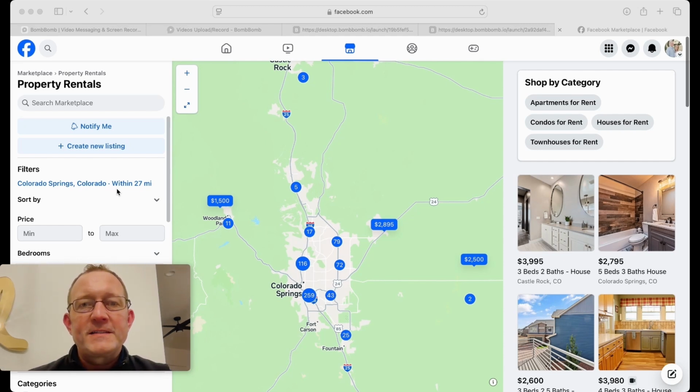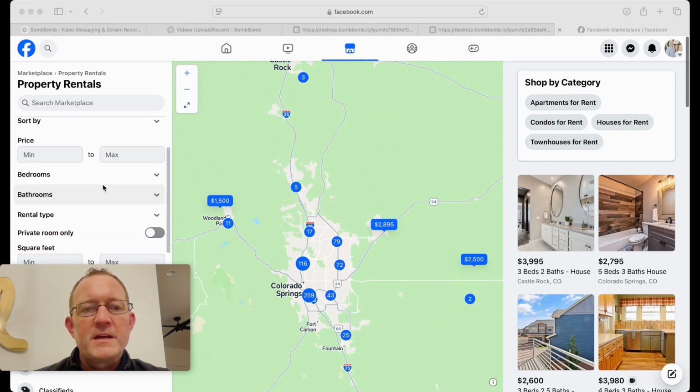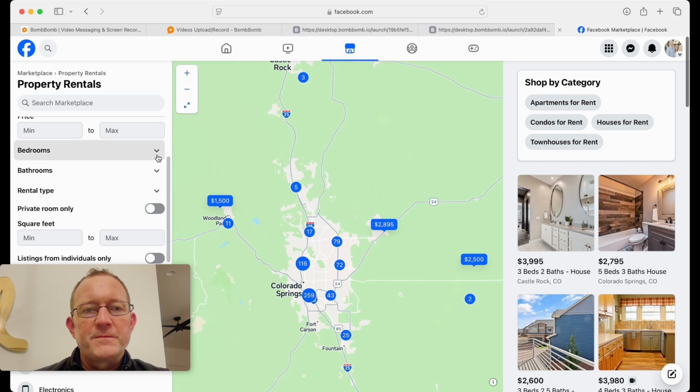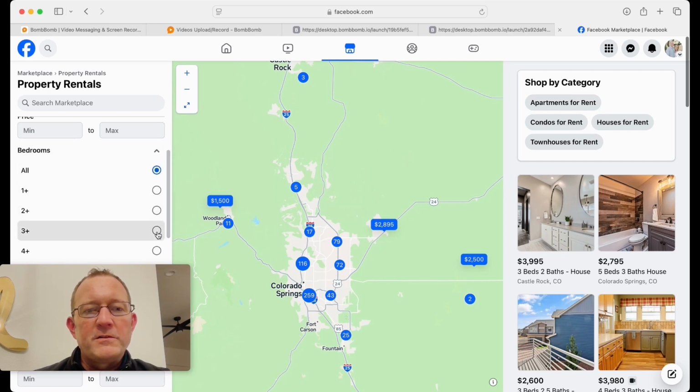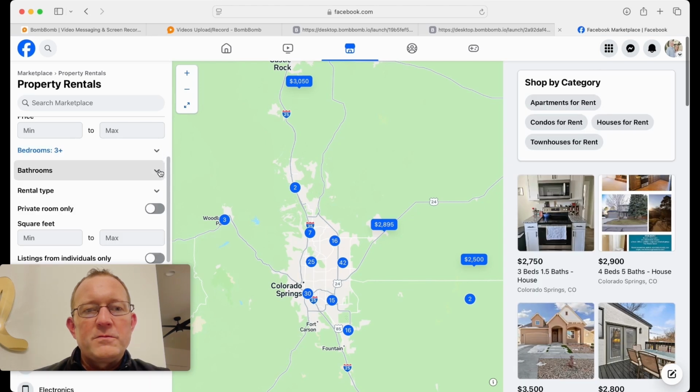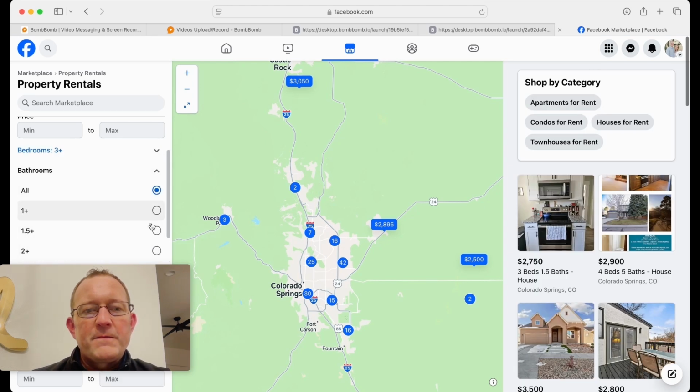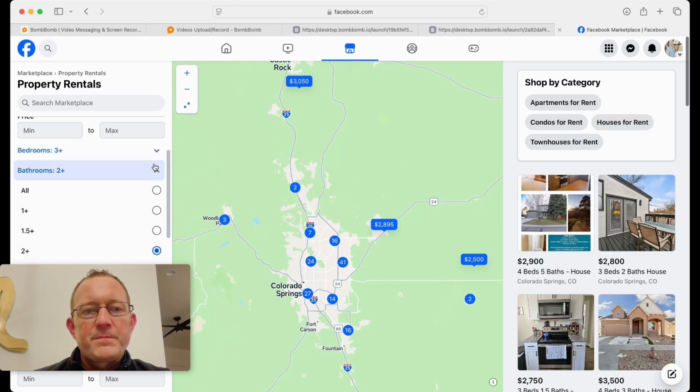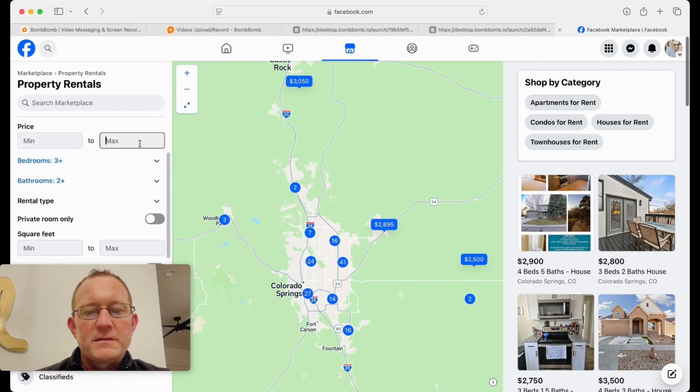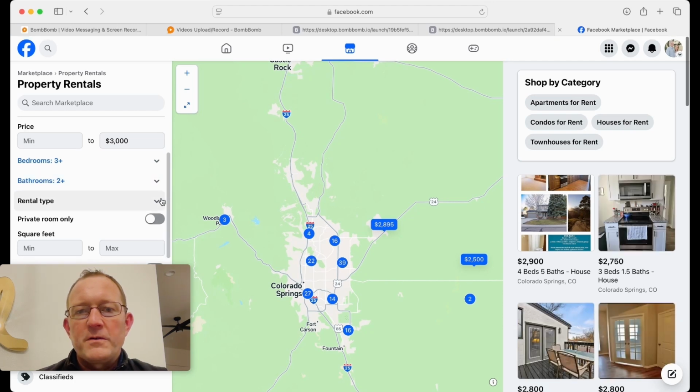But what I am finding consistently is working is that whenever you go into Facebook Marketplace and then you go to property rentals and you put in your different parameters for, again, we're going to use 3 beds and 2 bath for the parameters, and then a price still of 3,000 for that. And whenever all that calculus happens there within Facebook Marketplace, you can see the dots here in Colorado Springs,